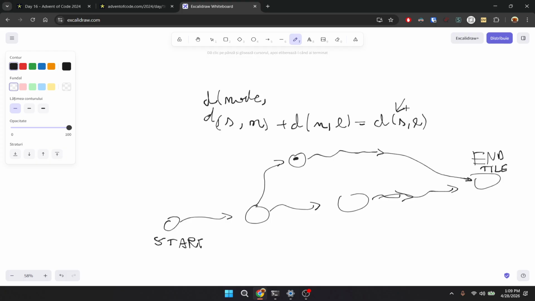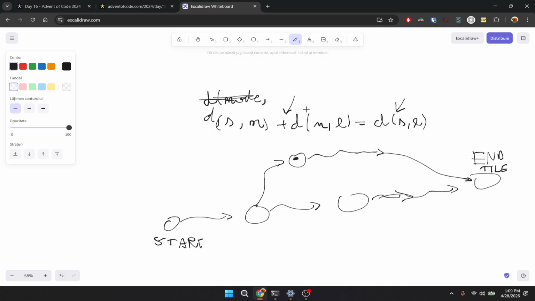So I know this distance, and I'm interested in whether this equality checks out. If it does, then I know there is a path from start to node, and another path from node to end. So there is a path from start to end that goes through me, and I know its overall distance is precisely the distance from start to